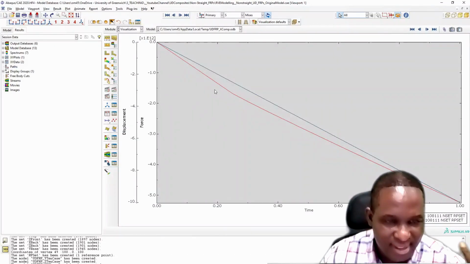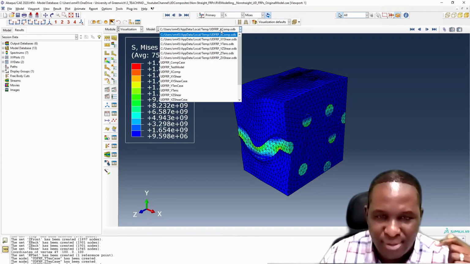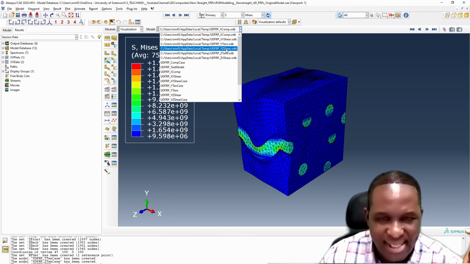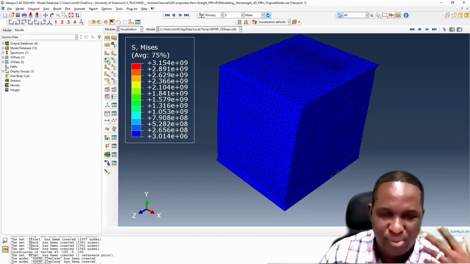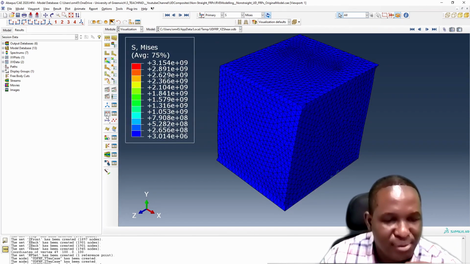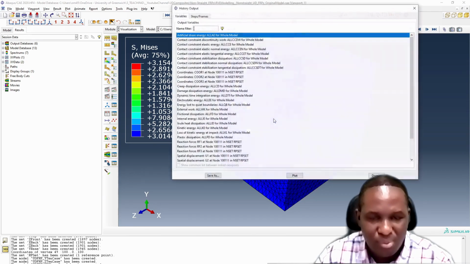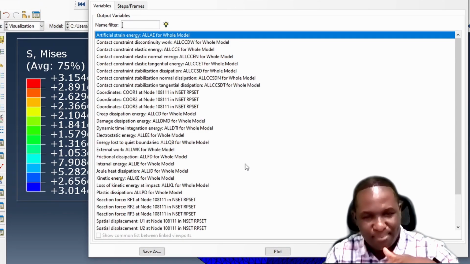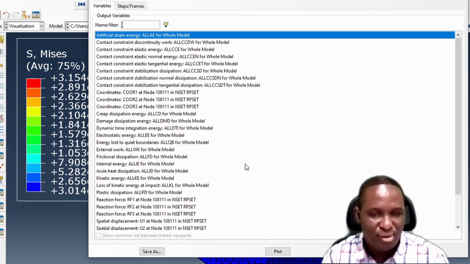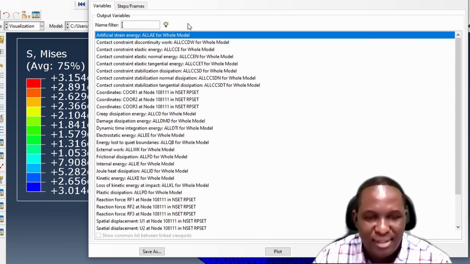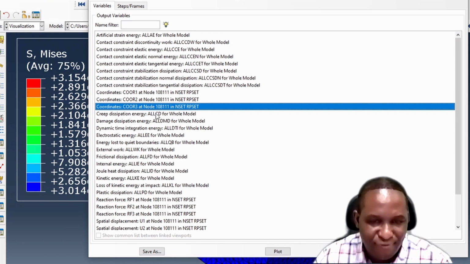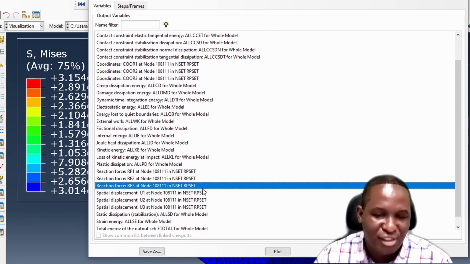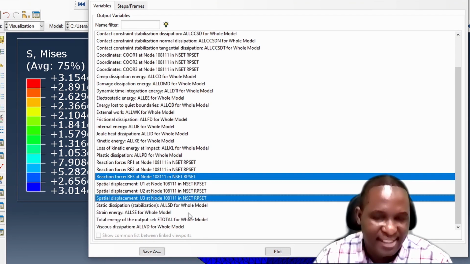So if we go back, okay, let's try another case. So why not try maybe the YZ shear. Just this case, the YZ shear. So again, I'll do this history output YZ. So what will be the reaction of importance? Y is the plane of loading, Z is the axis, the direction of loading. So we're looking therefore in this situation for the reaction force in the Z axis and the displacement in Z